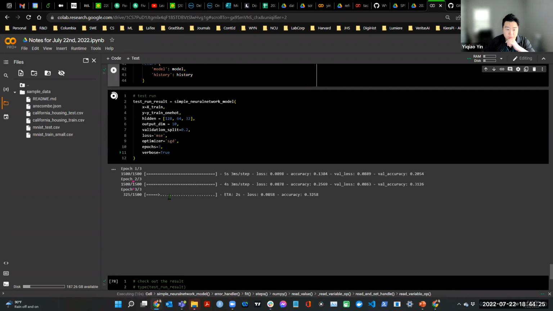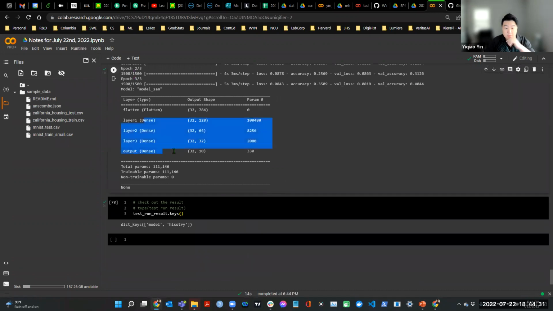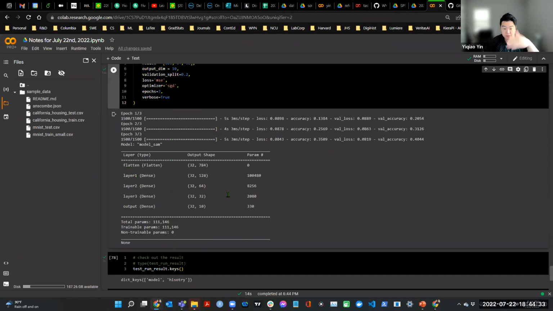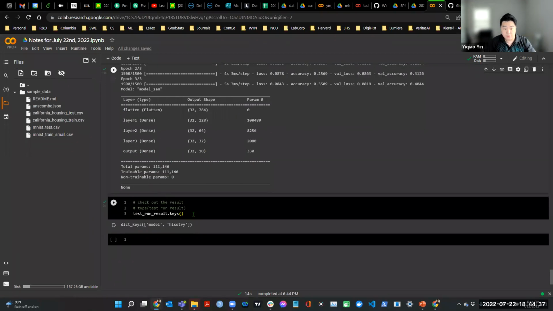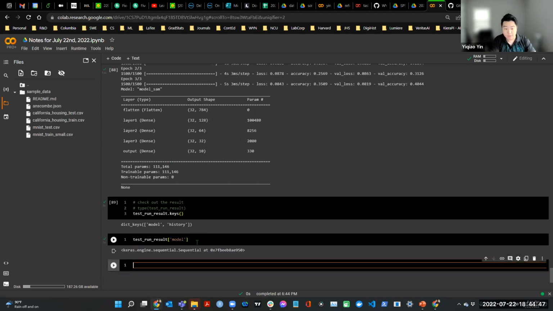All right, so 2 epoch, 3 epoch, and then after that, since I did true, it will print out something, right? This way I know what my model is. I can check each layer, make sure it's exactly what I wanted. And then you can do an output. You make sure the keys are correct, model and history, and then you can say test run result, you can say model, and it will give you the model. And then you can do